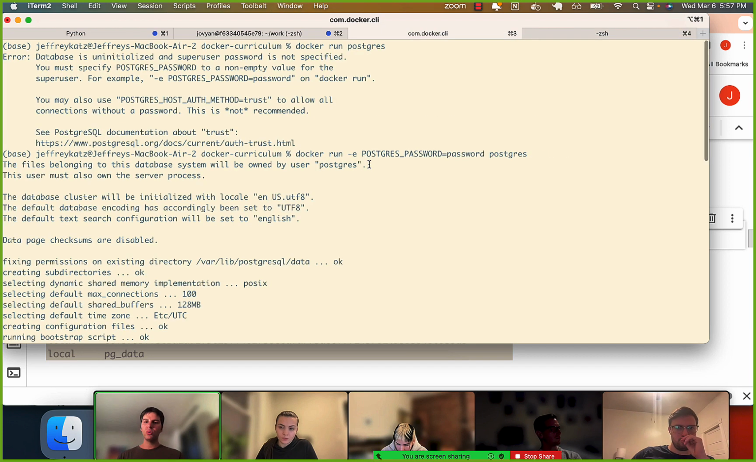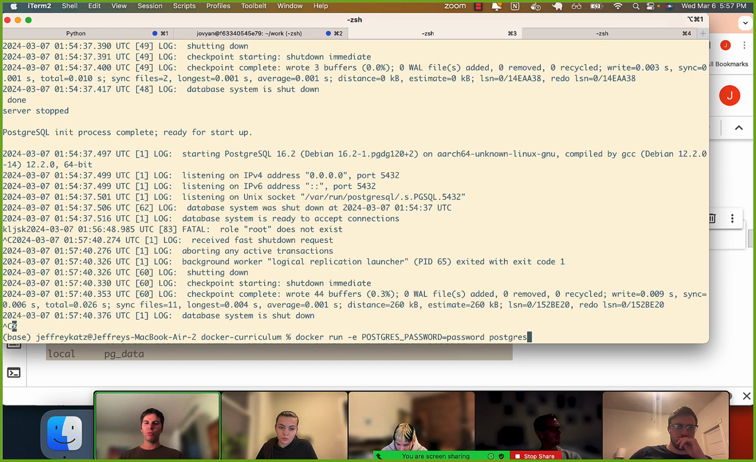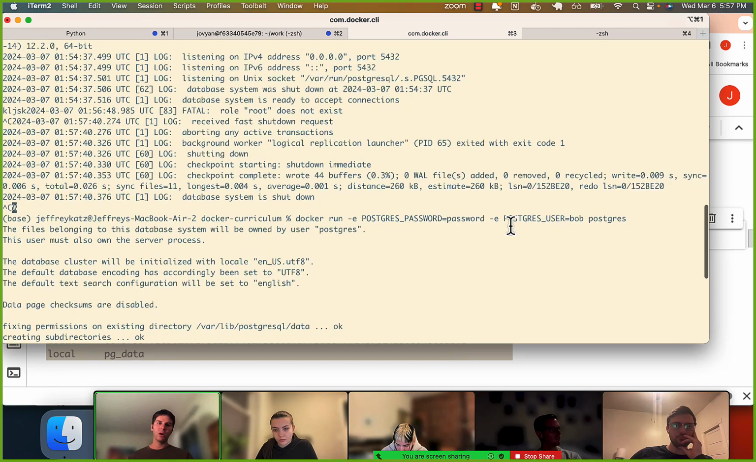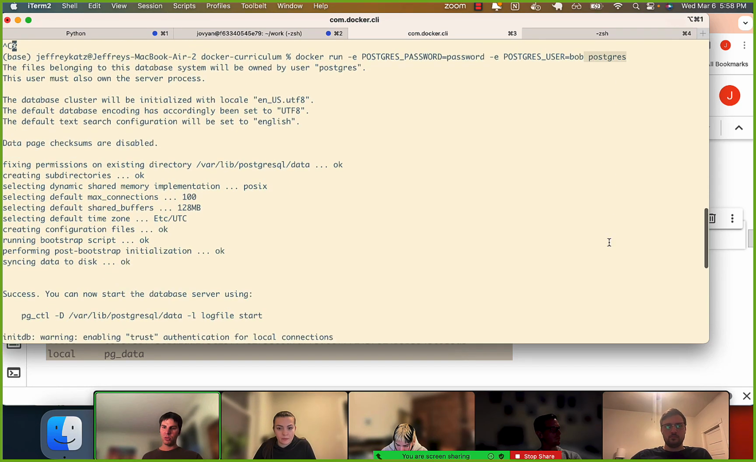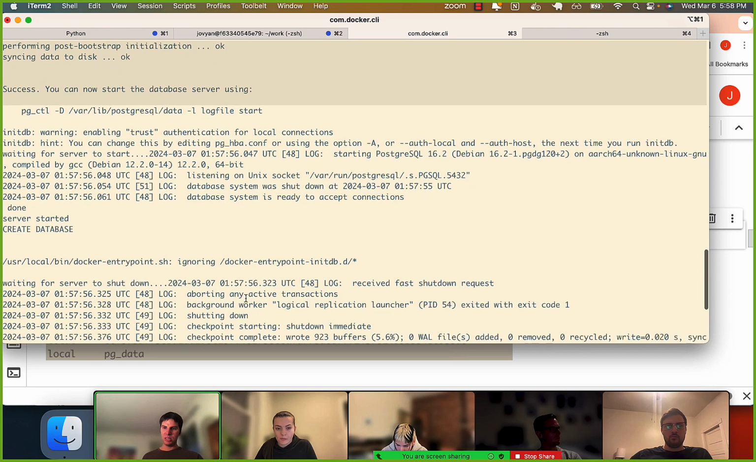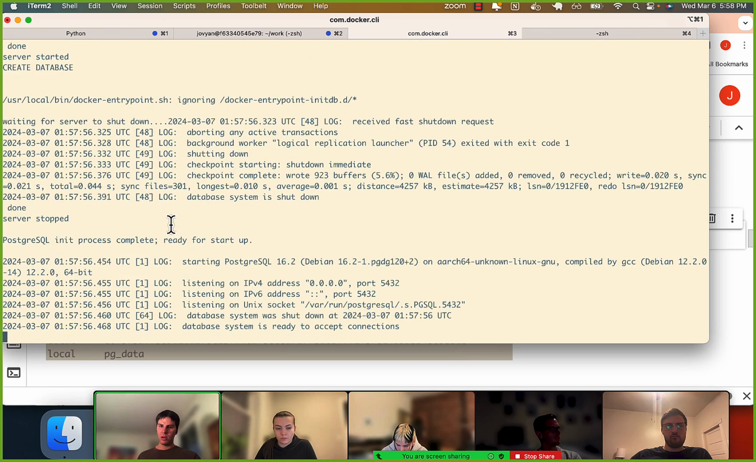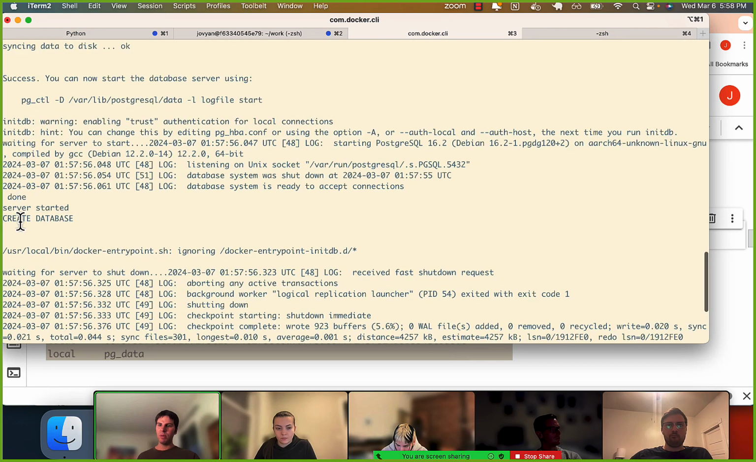So to make sure we're logging in with the right user, one thing we can do is set another environment variable called POSTGRES_USER equals whatever you want. How do I know this? It's in the documentation. Now we are creating a user. This environment variable will create a user called Bob inside of Postgres. You can probably even see it here somewhere. I don't know where, but somewhere around where it creates the database, it probably also creates that user